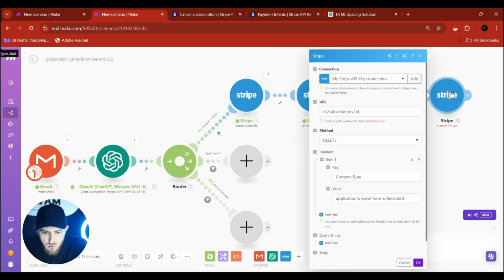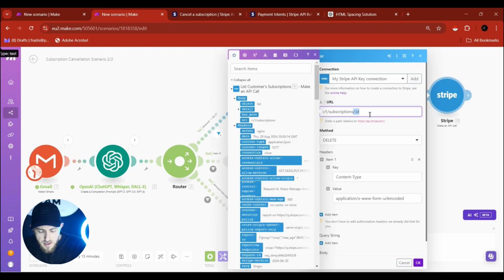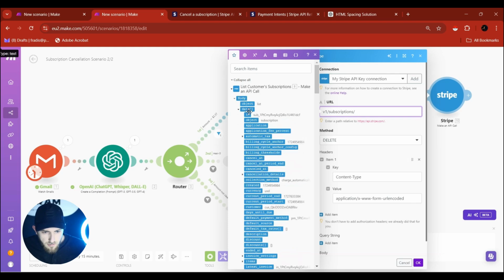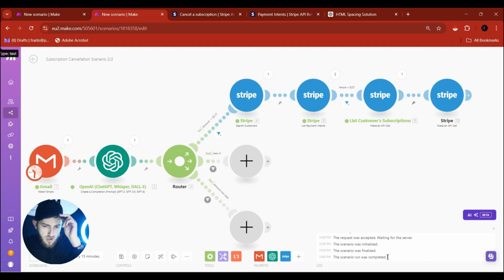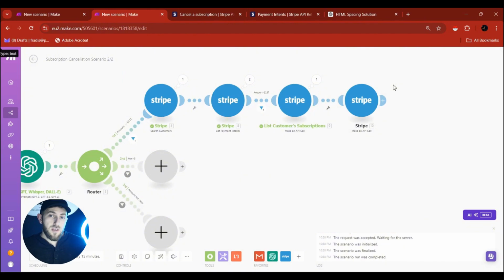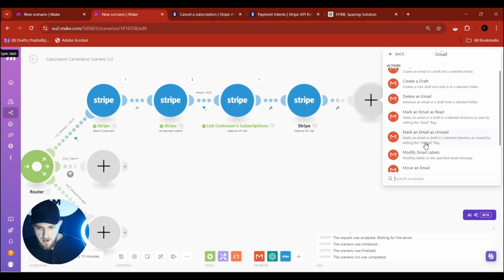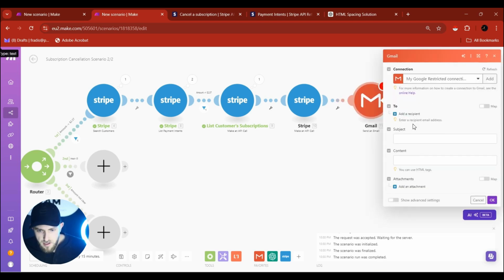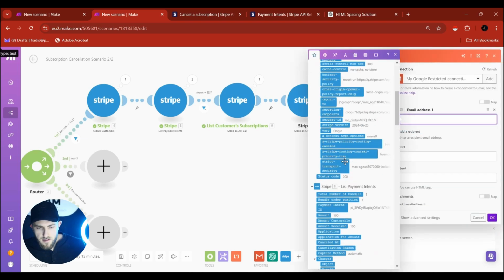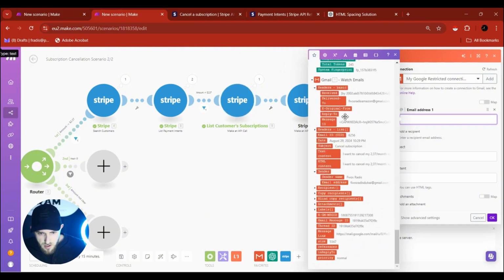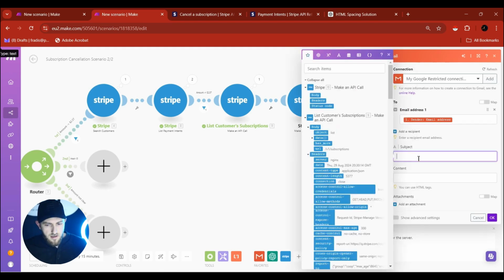And over here, what we want to do is we want to replace the ID, and we want to go to data from the last step, and we want to click on subscription ID, and then we need to click on OK. Okay, so fantastic. This is basically it for branch number 1, or actually what you can also do in the end is you can add a Gmail module, send an email, add the recipient, you scroll down to the very first one, then you go to sender, email address,